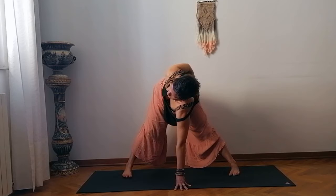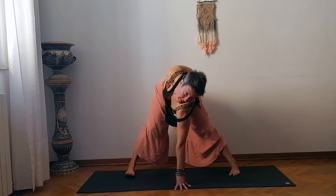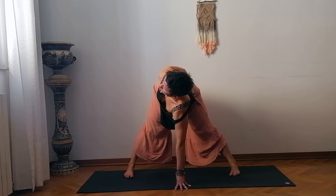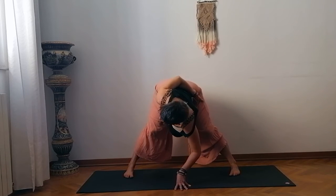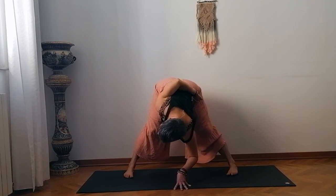You can bring your fist onto, let it rest on your tailbone, or you can wiggle your right hand, so it finds something to grab onto, whether that's your clothing or the inside of your left leg. Pushing the crown of your head forward to get some space in your spine, and then exhaling, begin to soften your left elbow. Allow your body to fall forward a little bit, and leaving your left hand on the ground